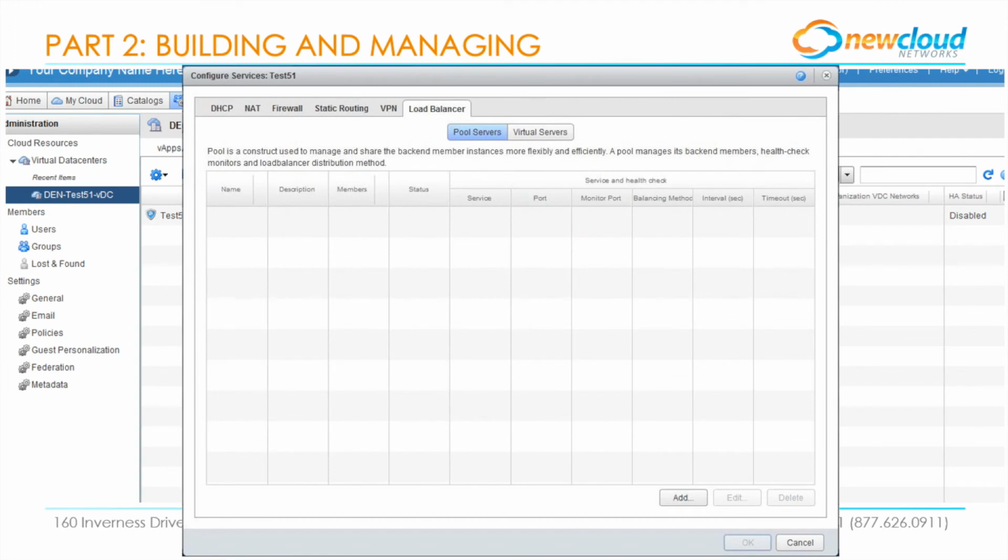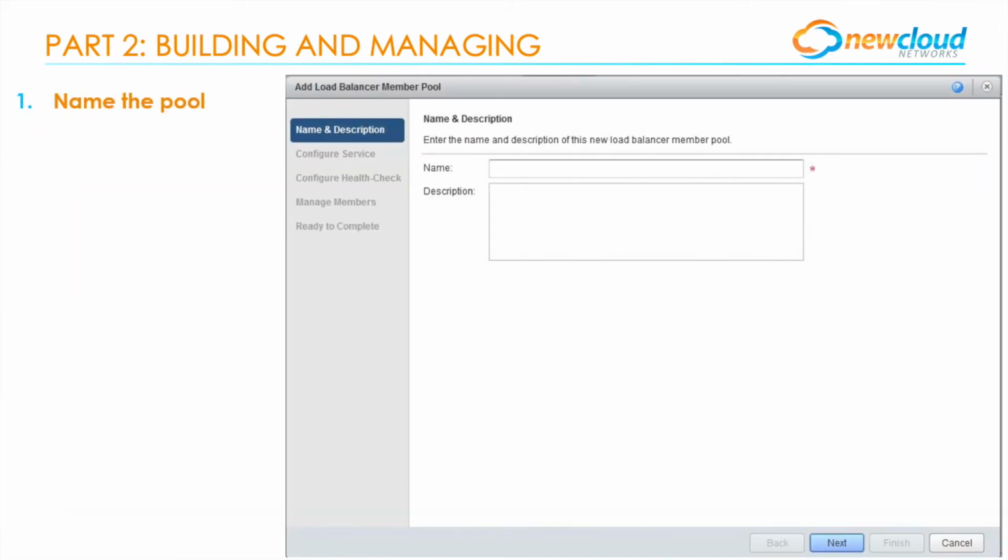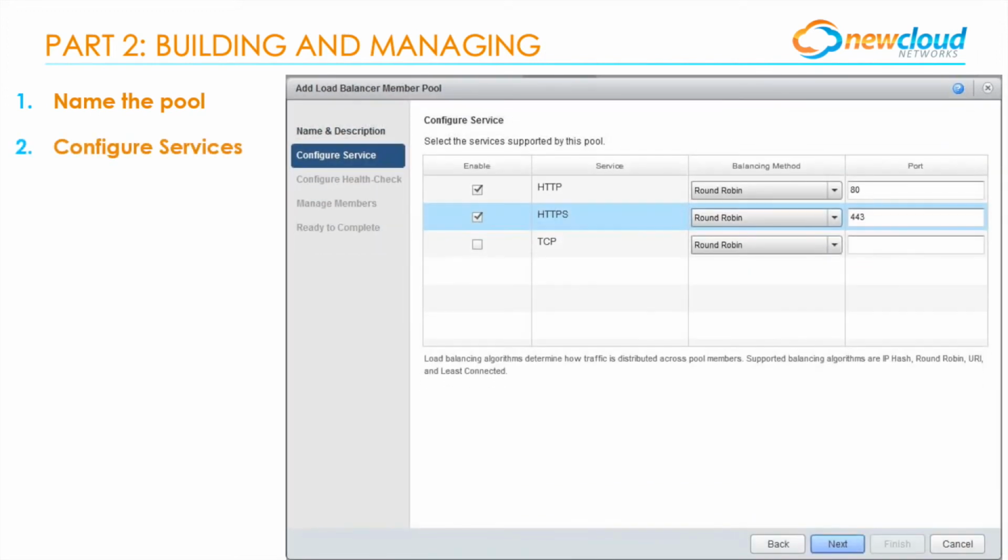Navigate to the Load Balancer tab and select Pool Servers. Then select Add to add a new pool of virtual servers. The Add Pool Server page will appear. 1. Name the pool of servers. 2. Configure services. Choose which services you would like to load balance and the method in which you will use